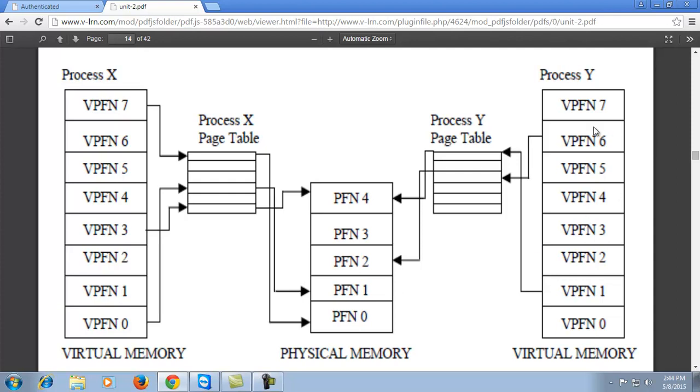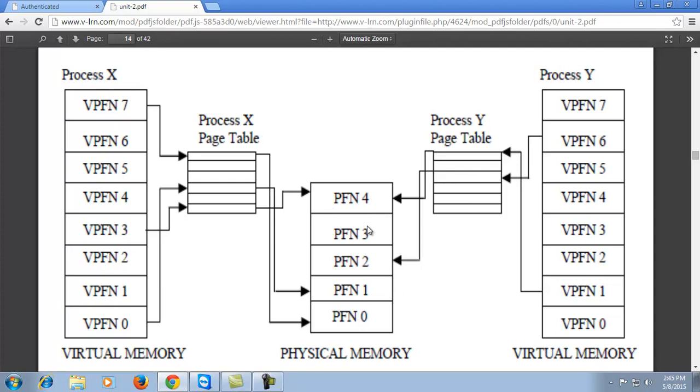Suppose this is the virtual memory. From here it references the index table. Here is the index number where the reference of this virtual memory is stored, and this reference is mapped to the physical memory. In physical memory it is supported at page frame number 4 for storing or retrieving the data.